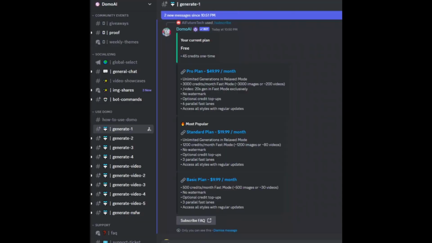Finally, let's review the pricing plans that are available for Domo AI. The free plan has 45 credits one time, and the basic plan costs $9.99 per month, and it has 500 credits, and the basic plan can generate roughly around 500 images or 30 videos. And the standard plan, which is the most popular one, is $19.99 per month, and it has unlimited generations in relaxed mode, and it gives 1200 credits per month in fast mode, which is equivalent to 1200 images or